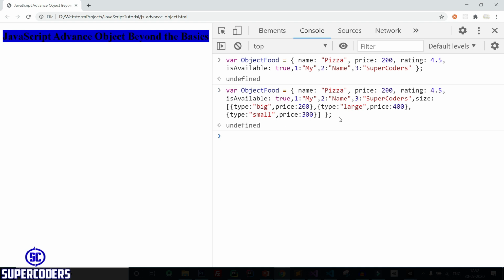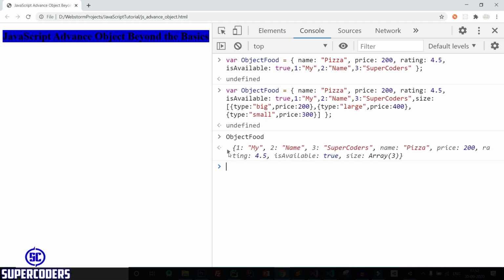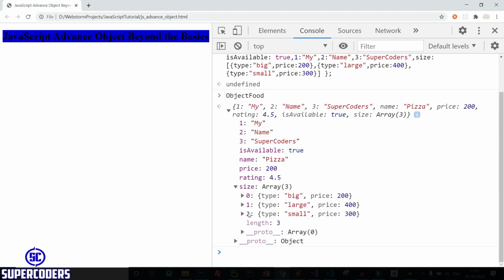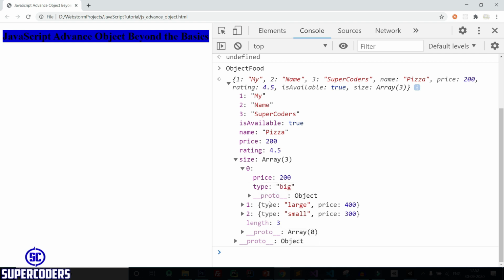Now here you can see I created a nested object. So let's see what happens if I print it. You can see if I open this, it's showing size which contains an array, and inside this it contains an object. So in this way you can create nested objects, and if you want to access this data, simply use object food dot size.